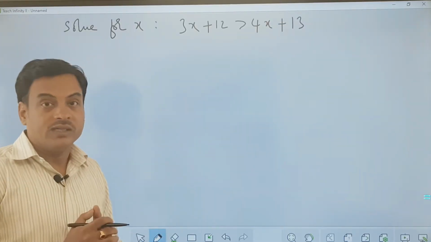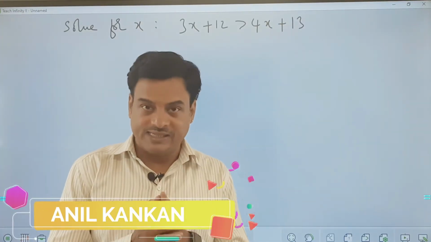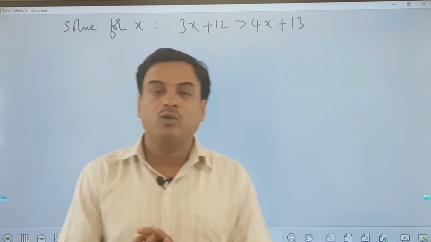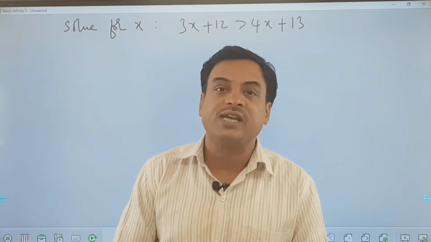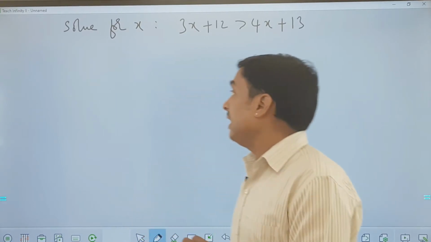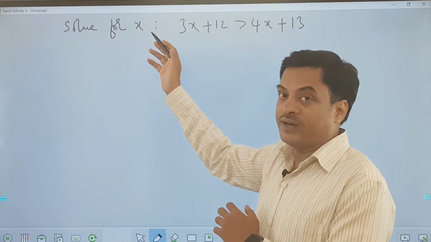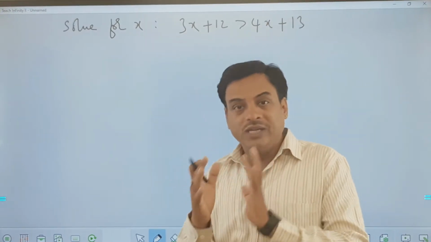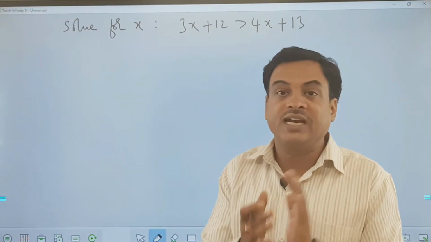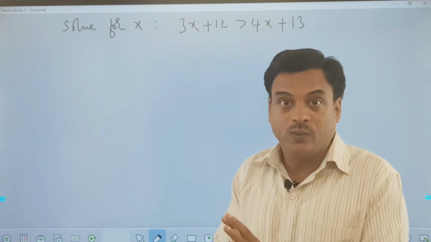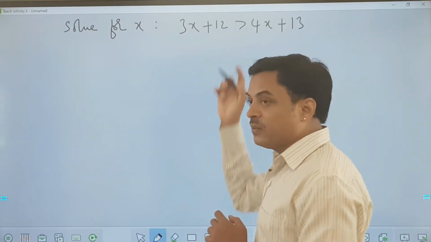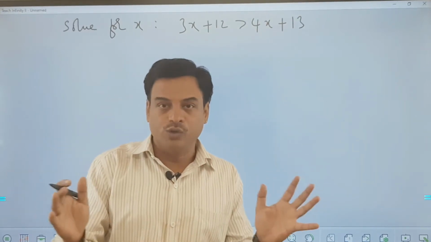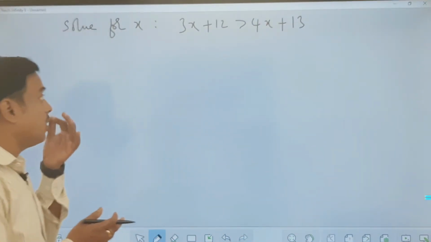Today we are going to learn how to solve for x. The solution for x here can have multiple values, or could be a range of values which satisfy the given inequality. Normally, if there is an equals symbol here, then I'll get a unique value for x, one value which can satisfy the equation. But since it is an inequation, it is always possible to get a set of solutions for this. So we still call it solve for x.